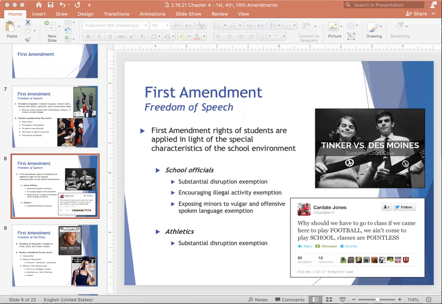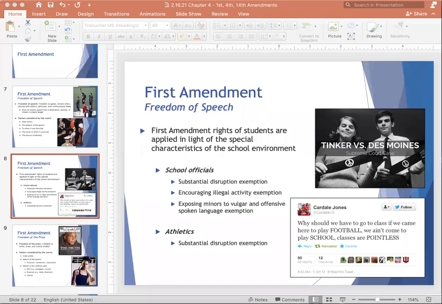So there are a few reasons why there's this protection that we see in athletics, and a few examples here are student athletes tend to have less freedom to speak out because a coach needs to maintain order and discipline in order to effectively run their team. And a protest is typically not going to substantially disrupt the team. If a protest does not substantially disrupt the team or interfere with the team's activities and the coach's authorities, then